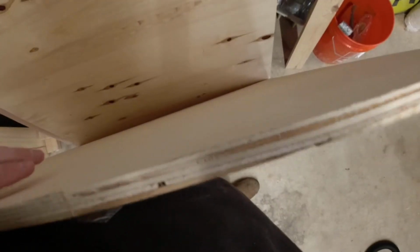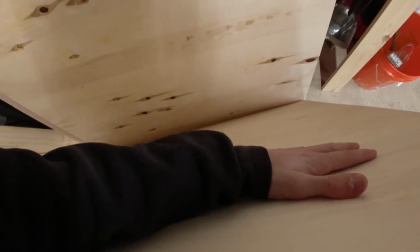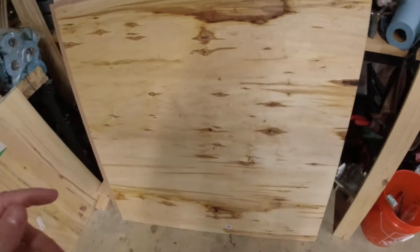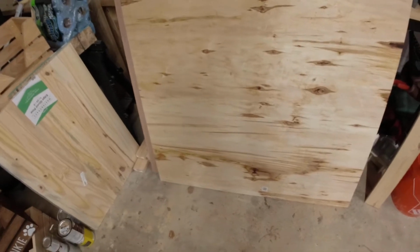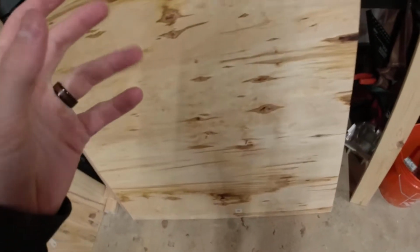So what I'm going to be doing is, when I cut my templates, this will be the side that faces down. So if you were to look, for whatever reason, underneath the chair, you'll see this side versus this side. So this side will go towards the cushion facing up and hiding that. And I'm not going to put any finish on these just because it's going underneath the chair, so it's not necessary. However, if the wife's aunt wants me to put a finish on to better match the stain in the furniture, I can do that, because